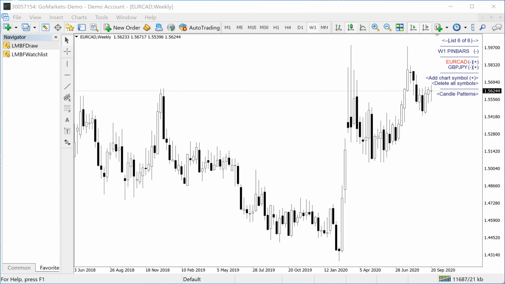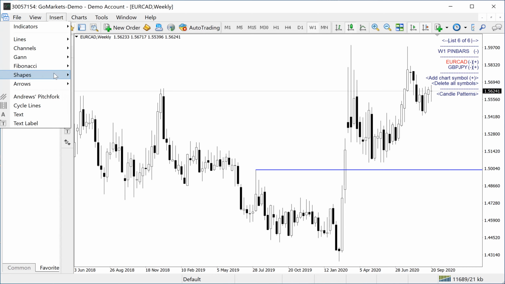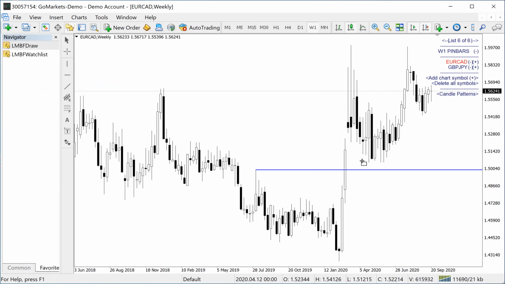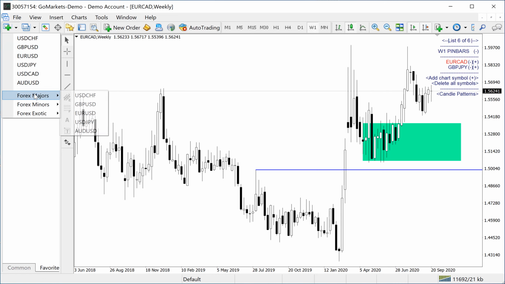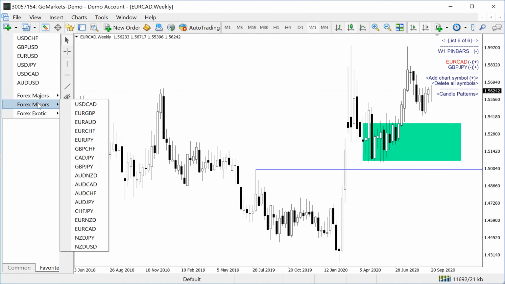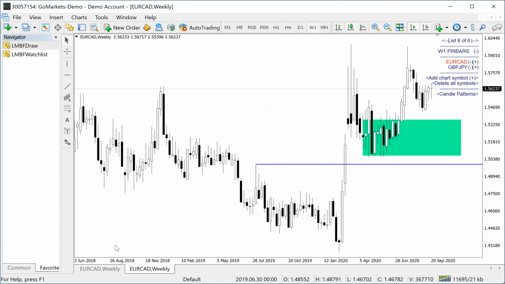So just quickly to remind you, a little while ago, if I added a horizontal trend line there and I inserted a rectangle at this layer of demand, and then I opened up another chart either deliberately for some reason or purely by accident, and I set the EuroCAD, which is the same one, go to the weekly time frame, and you can find it's got exactly